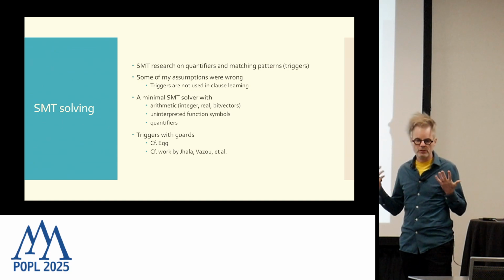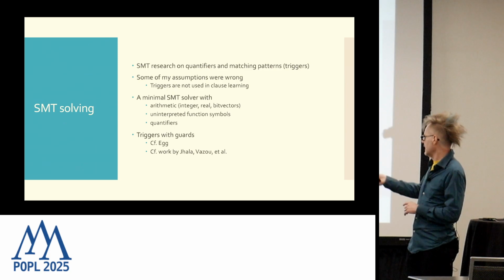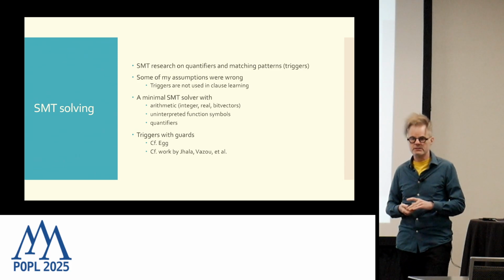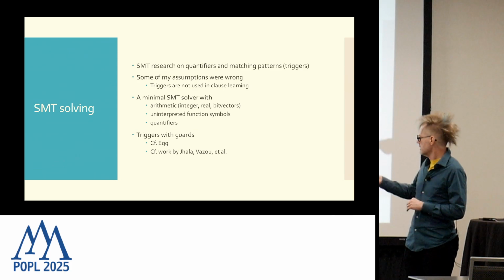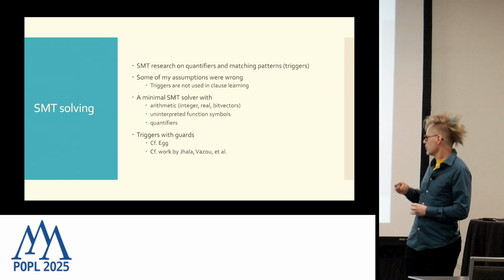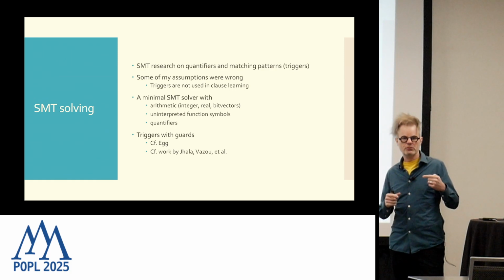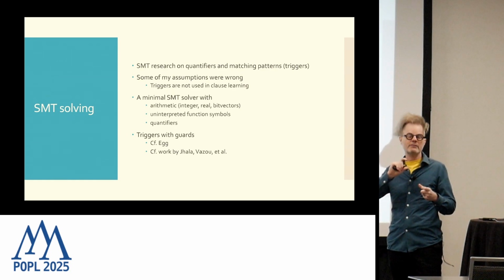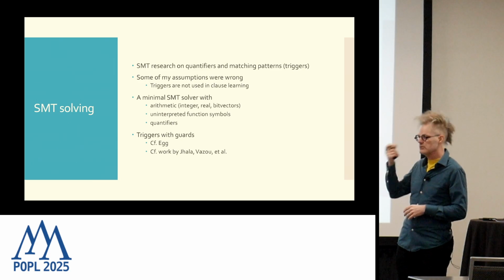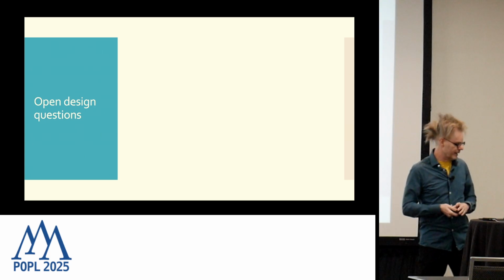So there's a whole big community that does rewriting. And this sort of the egg tool by Zach Tatlock, for example, and others at UW have developed that into a tool. Others have too. And there's been some proposals from Ranjit Jhala and Nadia Polikarpova and others about how you can think of having more guards than just the syntactic triggers that we use. I think that some of those things would be interesting to rethink in this context. Okay,